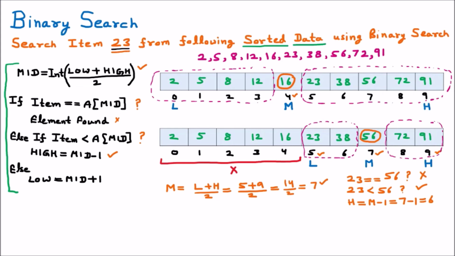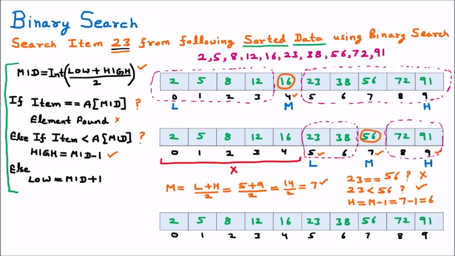So again we are going to reconstruct this array to understand properly. Here we have another phase of the binary search. We know that in the previous part we shifted the high. That means low remains at the same place, which is 5, and high is shifted to middle minus 1, which is 6. So high is shifted here to 6. Or we can say that we are not going to consider the other side of the list, so the elements at positions 7, 8, 9 we are not going to even search.